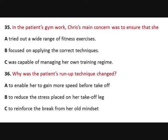After some analysis, we also decided to modify her run-up to the high jump bar. By beginning from a wider position and running in with much less of a curve, there was much less of an impact on the ankle, knees and hip, especially in her right jumping leg. Interestingly, the patient reported that remodelling the run-up felt fresh and motivating and helped to reinforce the sense she had of being a reborn athlete. Once the rehabilitation process was complete, she was able to compete without pain and free of any reliance on taping or knee strapping. So, before I go on to the next...